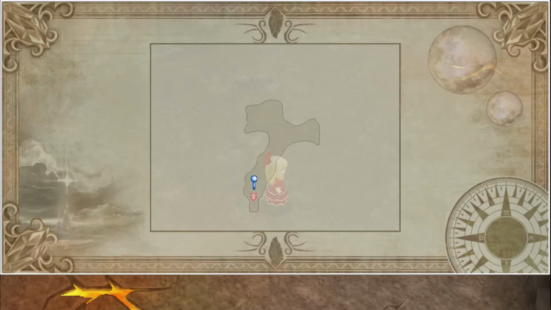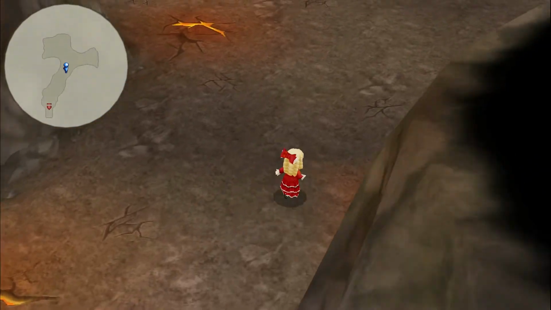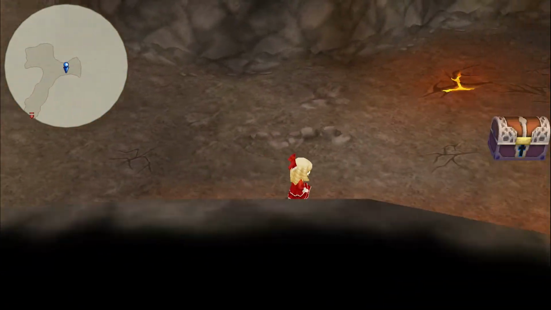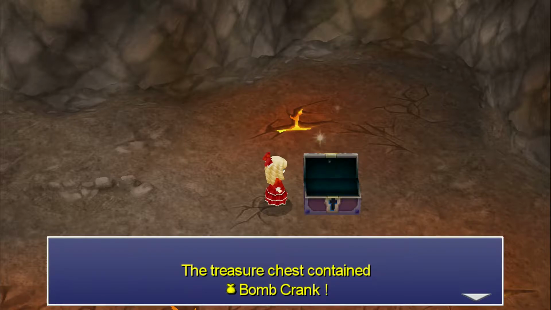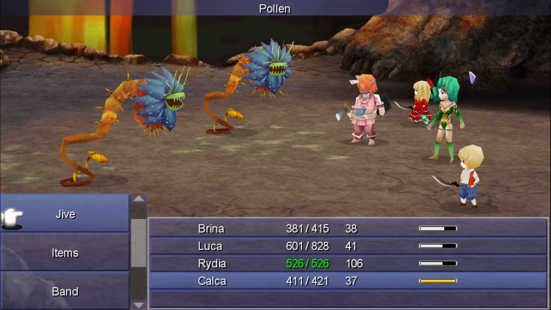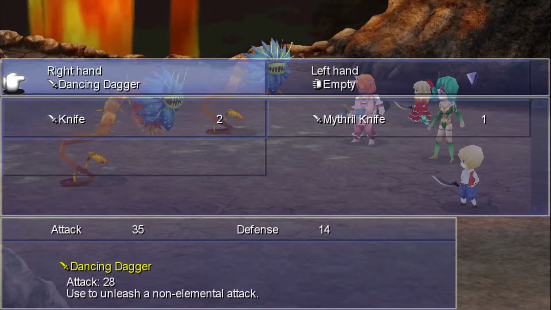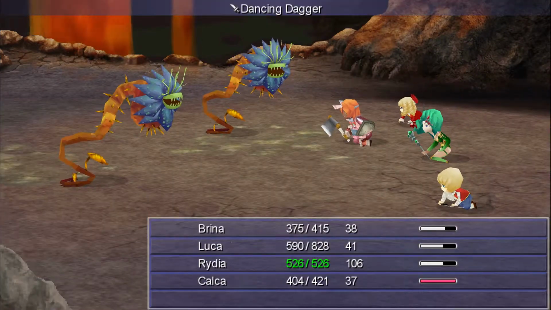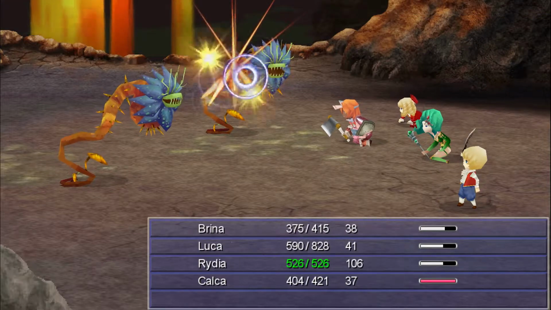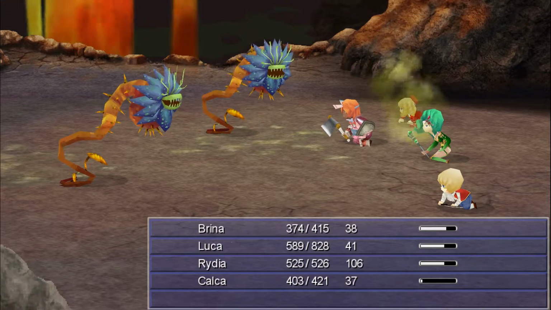Alright, what do we have in here? Alright, this looks like another dead end area, which means treasure. So we've got, what do we have here? A bomb crank. I think that casts Fira, which, you know what? I'm so tempted to use it against these guys. These guys are so annoying with, oh, here we go with the pollen. Alright, that did some pretty good damage this time, so...